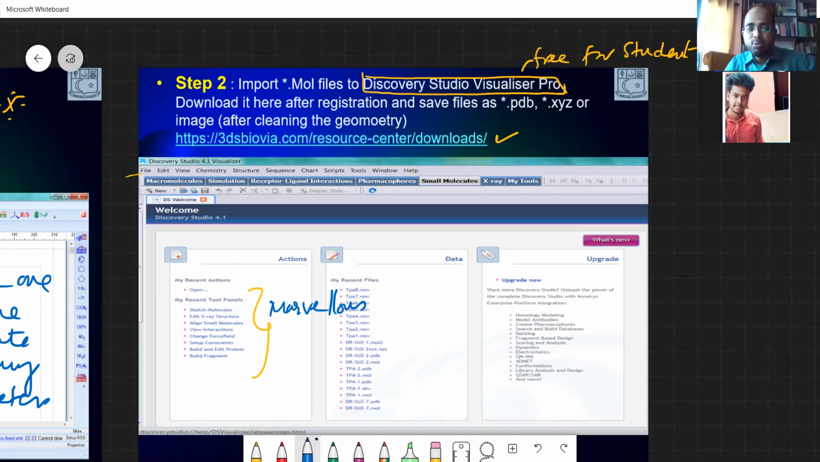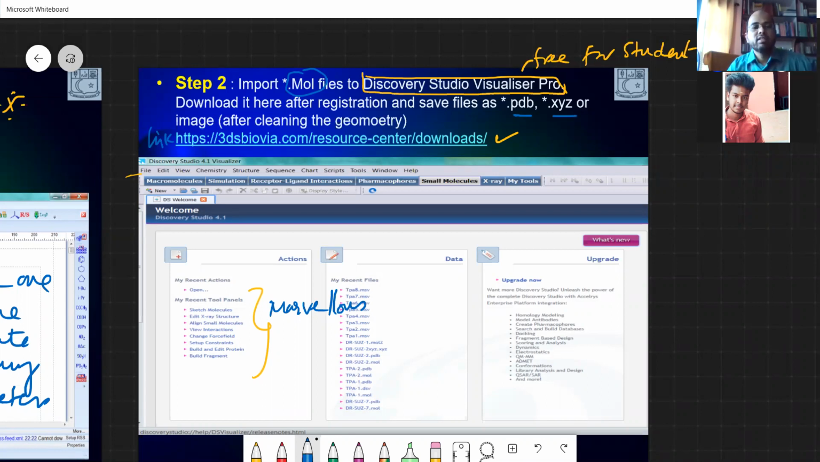You will wonder how people can have knowledge of chemistry as well as software if you look at this. So this is the link there. Go to this link, 3dsbiovia.com resource center downloads, and download this, and import these mol files that you generated. The mol file that you generated there, you can import it here and save the files as PDB or XYZ